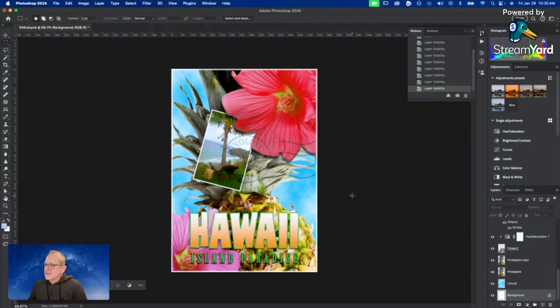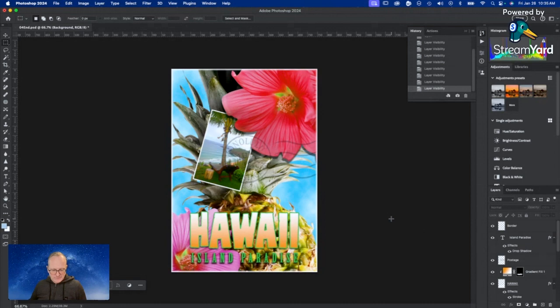So this is what we'll get to at the end. You can see that there are a lot of different types of layers here. We have some clipping mask layers. There's a text layer here with a clipping mask applied to it, etc., etc. Here's some more text. So this is where we're going to get to, and now I'm going to open the